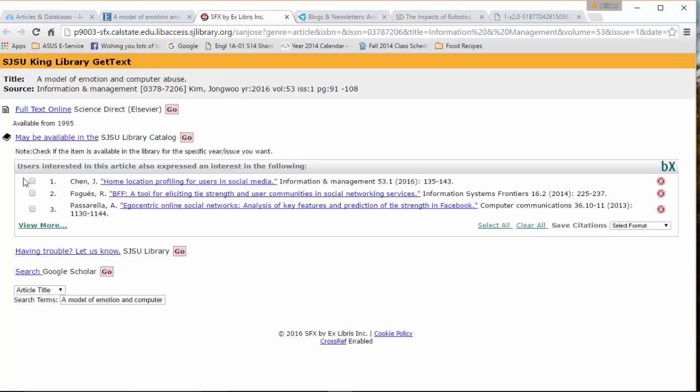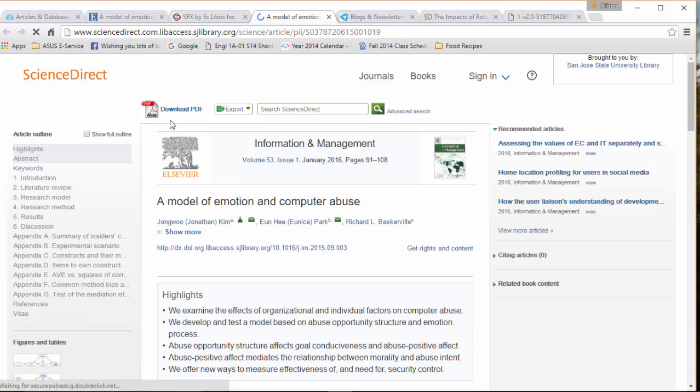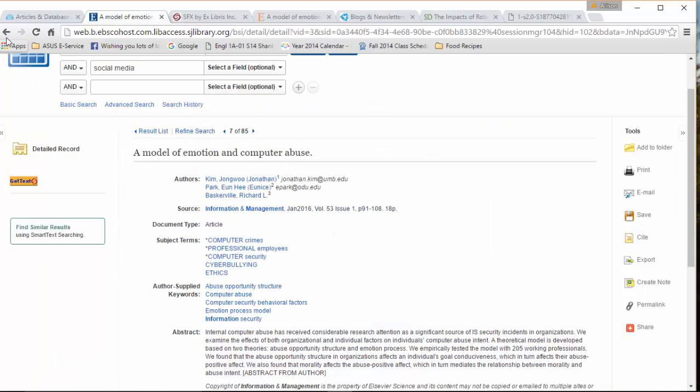So I'm going to click on Get Text. And lo and behold, SJSU found it in that other database that we searched earlier, Science Direct. If I click on this, it redirects me to Science Direct. And now I can go ahead and download the PDF. Going back out,